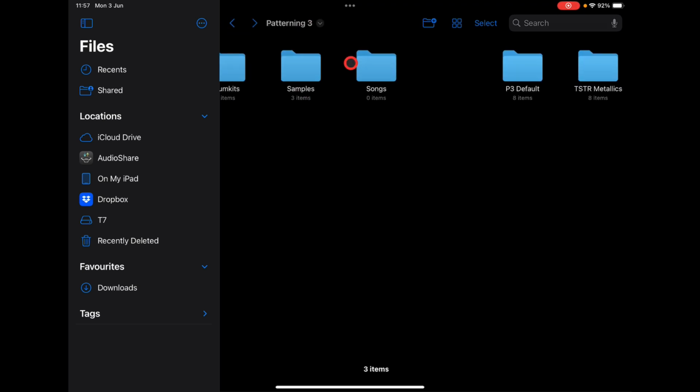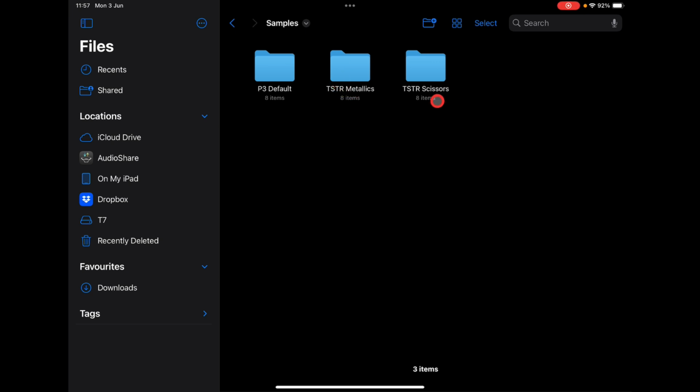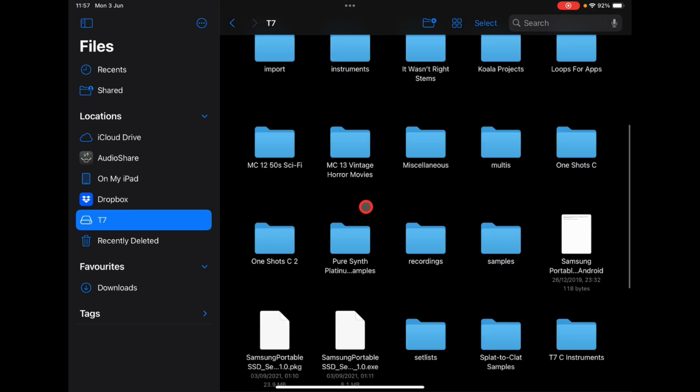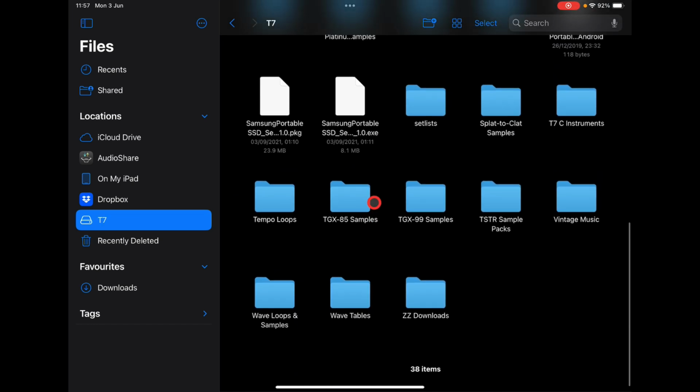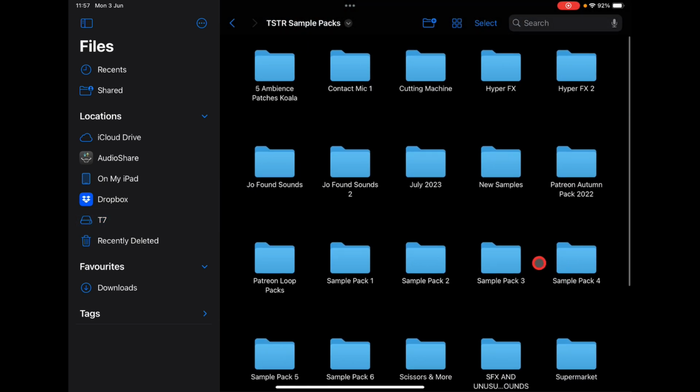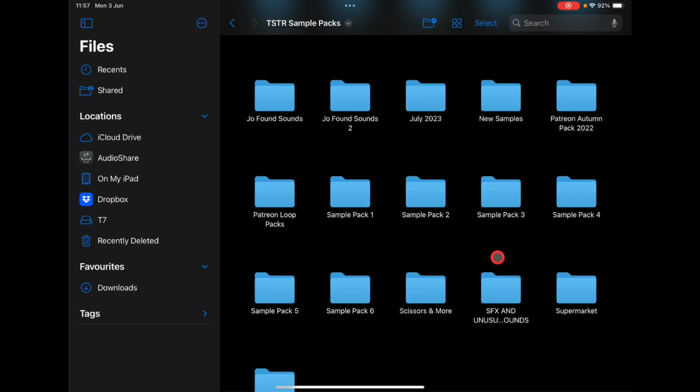And then you've got your samples, and I have my 2 drum kit packs of samples and NAT samples. I want to go to my T7 SSD hard drive where I have loads of stuff. I'm going to go to, I don't know, TSTR sample packs. And I've got